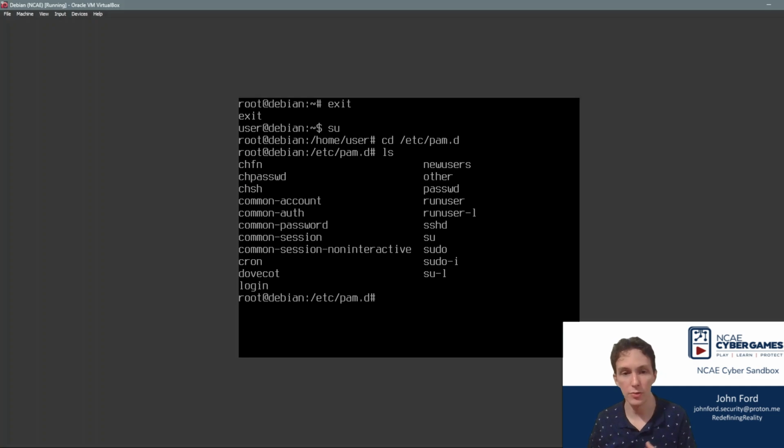Ideally, you'd want to go through all of these and see if there's anything weird about them, but that could take a lot of time. So we're just going to look at the most common ones that would affect the switch user utility. That's going to be common-auth, which is responsible for authentication, and the su file, which is responsible specifically for switching users. So if I edit common-auth,